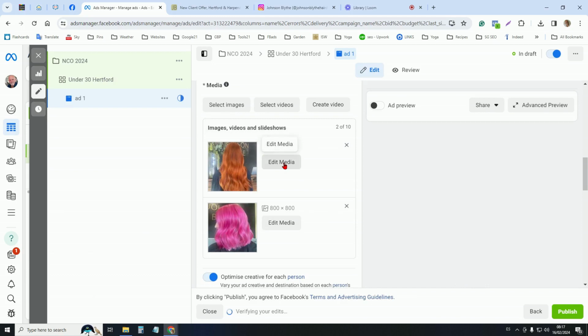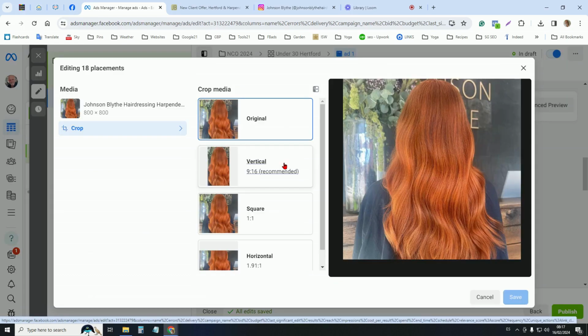What I often then do is edit that media, because it's what we're doing when I turned on dynamic creative on the previous settings on the ad set. Dynamic creative means I'm going to give you, Facebook and Instagram, a group of images and videos and words and headings, a whole set of them that you can use. You can change them. You can use them in sequence. You can see which works best. You can rotate them. So by giving them a whole set of images of different landscape and square and different wording, over time